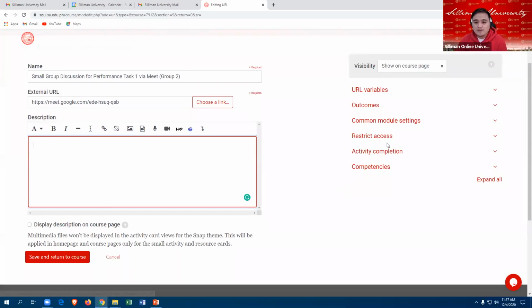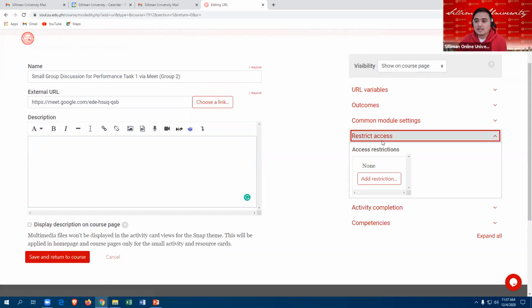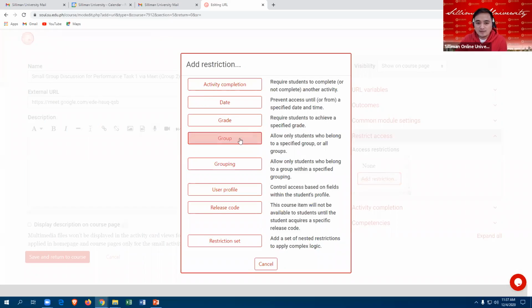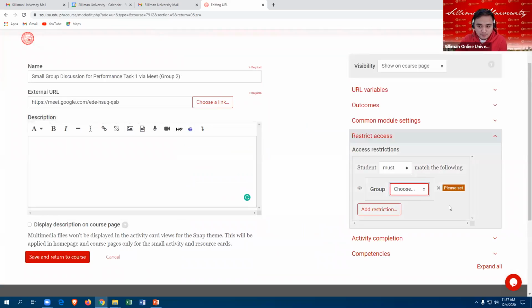And then you restrict access, click Add Restriction, and this is based on group 2. So just select group 2, SGDPT1 group 2. Once you're done, click the Save and Return to Course button.